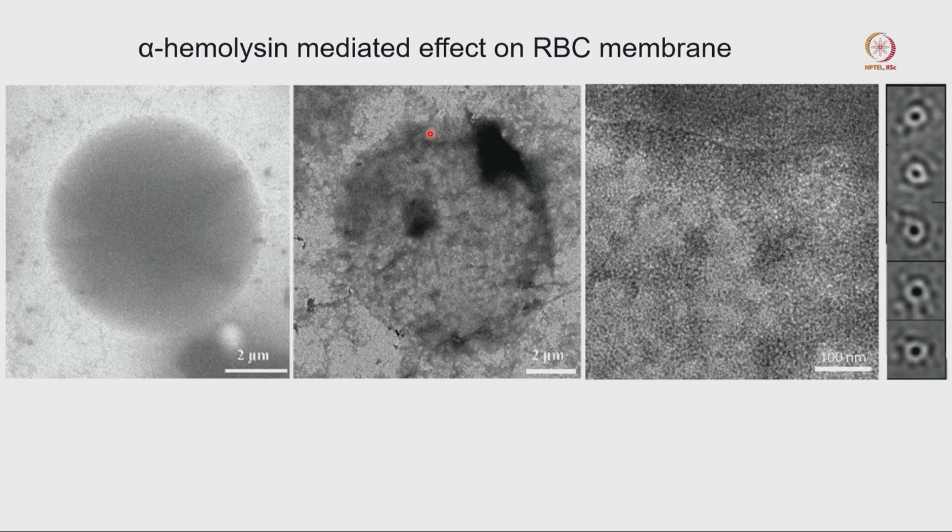So from this we can not only see the morphology of the cell, we can also see how it is disturbing the cell membrane, and after toxin treatment what the actual morphology of the cell is, what kind of changes are happening, as well as we can find out some kind of protein molecules or bacterial toxins which are interacting with those cells.